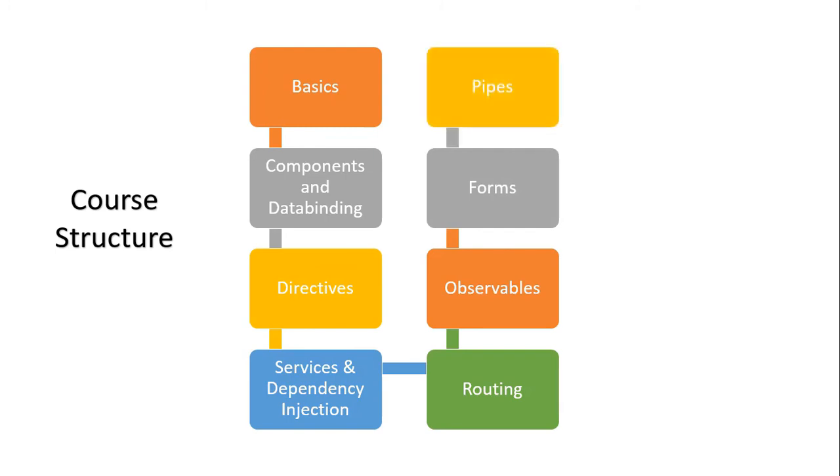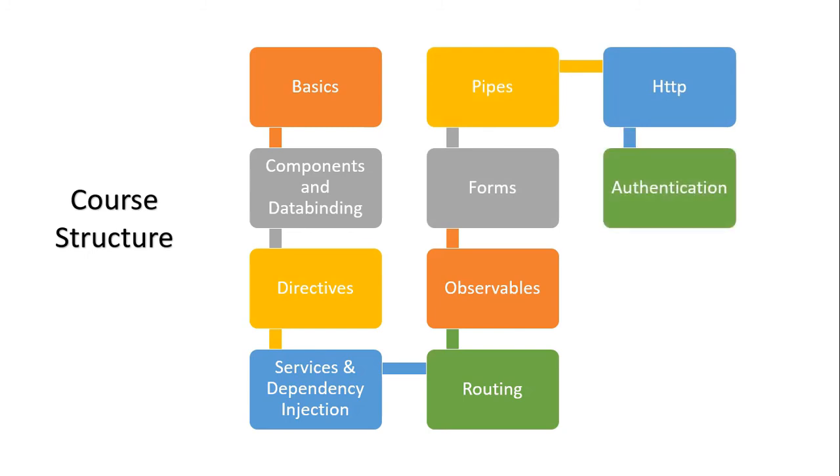After forms, we'll look at pipes, another important feature. Once we are done with pipes, we will look at HTTP. Through the HTTP module, we can call different backend services. We'll store data to databases by making REST API calls. Well, after that, we'll look at authentication, how to implement authentication, and how to manage authentication tokens. And at last, we will see how we can deploy our application to the cloud. In this section, I will show you how to deploy our Angular application to AWS Cloud.